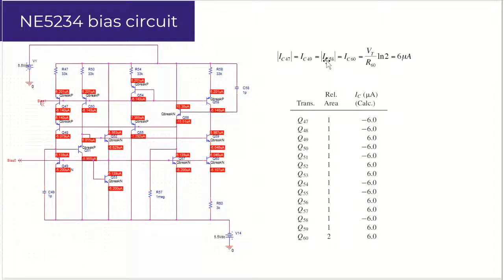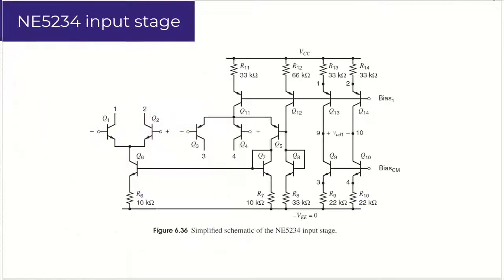This is the B-Spice simulations of the NE5234 bias circuit. As you can see, the currents compared between the calculations and the simulations are pretty similar. Also, the emitter area of transistor 60 is